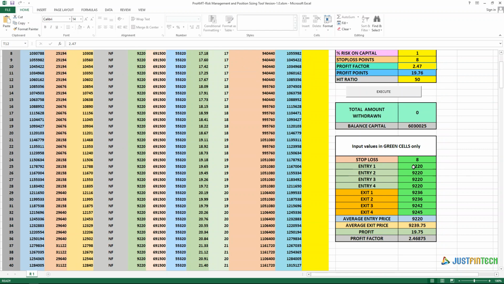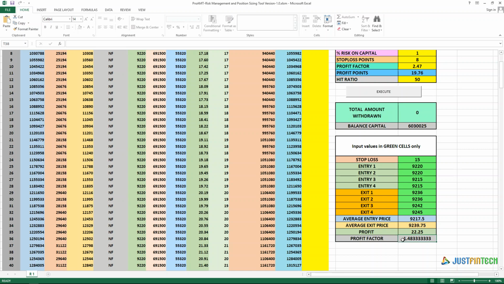So you can find your profit factor by putting your entry. Suppose somebody has a habit of averaging down. They want to keep a stop loss of 15, but they want to average down when it goes to 9215. So let's say they averaged in one part, 9215 and 9215. So their average entry becomes 9217.5 and average exit is still the same, and the profit factor increases from